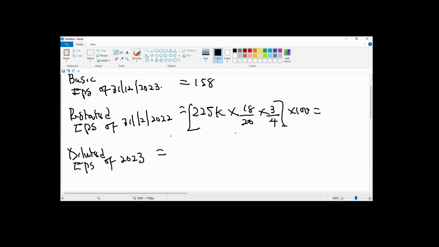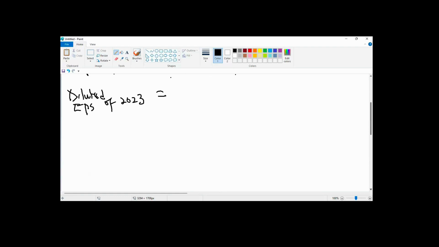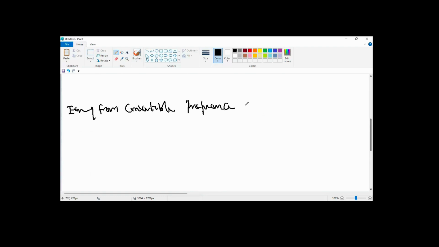Now, what Mr. Robert is asking for, we get there now. To calculate the diluted earnings per share, the loan will convert. We now have two earnings: earnings from convertible preference shares. The first one will be from the 80 million